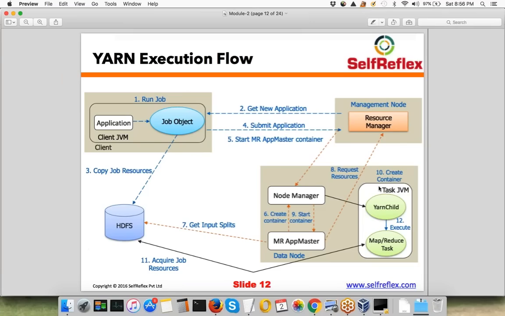App master will keep launching a task in that container, and that task is nothing but the code that you have written. We'll talk about that in MapReduce, how to write code which can process the data present in HDFS, right? But for now, just assume that you have written some code which can read data and process that data, right? That task will be launched in that container which app master has just got from the resource manager, and then that task will directly read the block from HDFS and process that block.